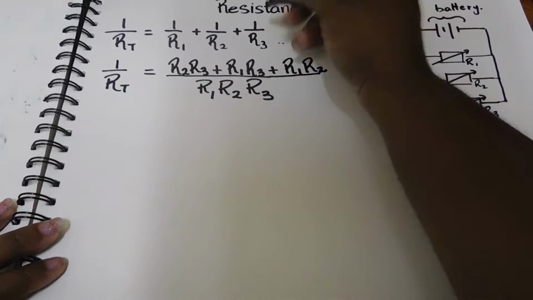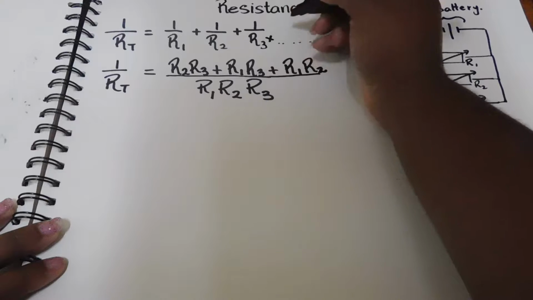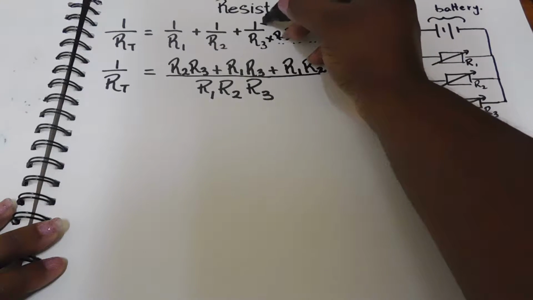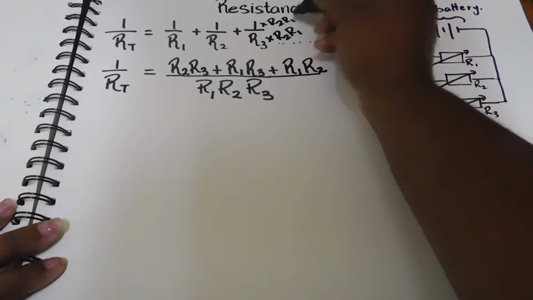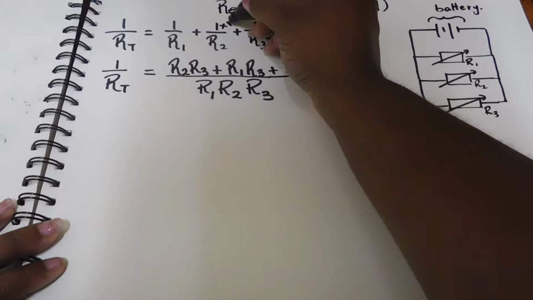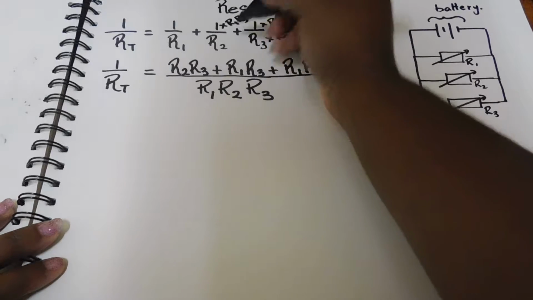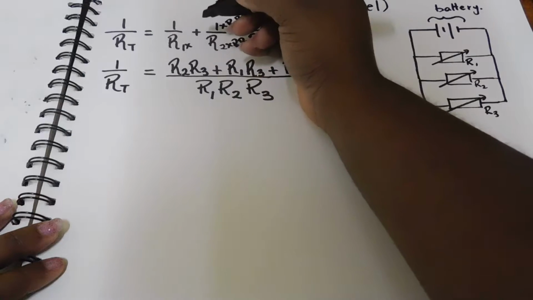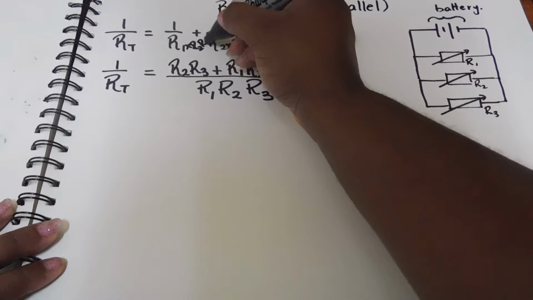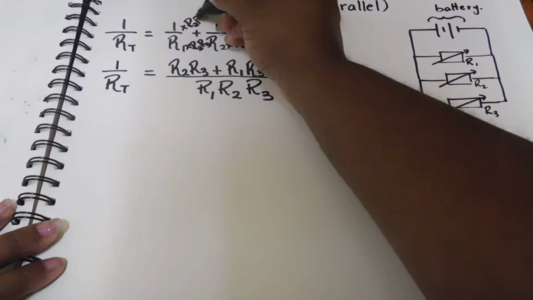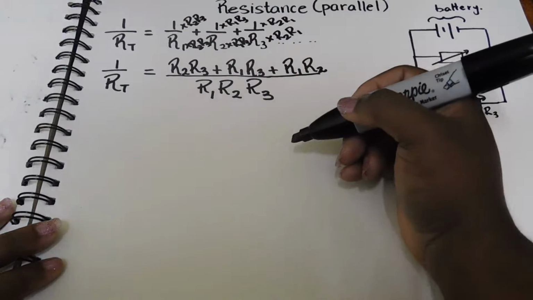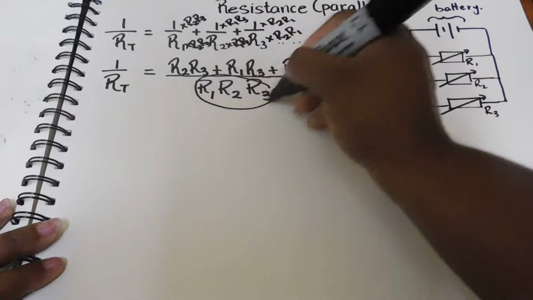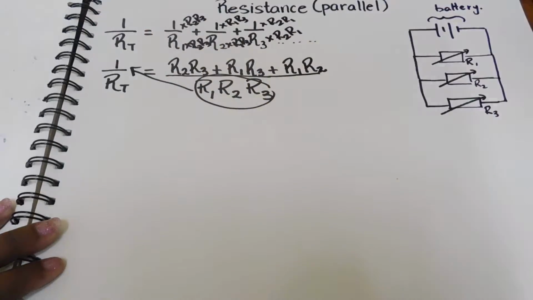So if you have 3, you're going to multiply by that amount, right? So what I will show you is this. This is times R2, R1, which is the same thing we'll do up here. And this will be times R1, R3, same thing down here. And this will be times R2, R3, right? So in that sense, now you can move this up. So you'll be left back with